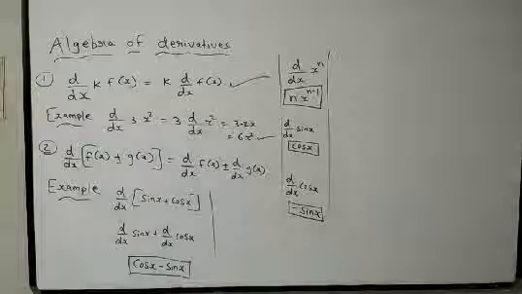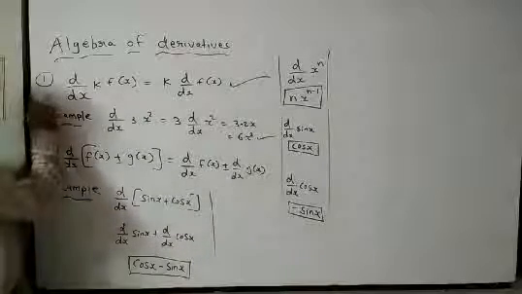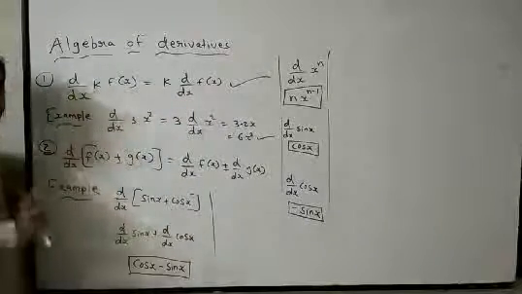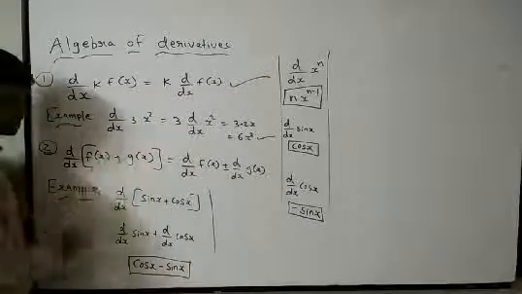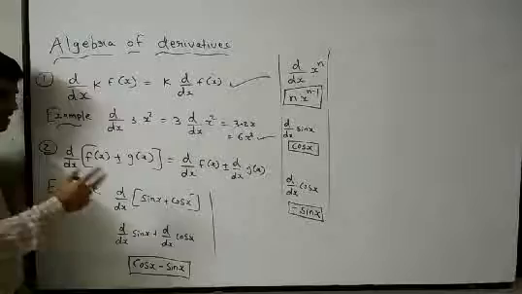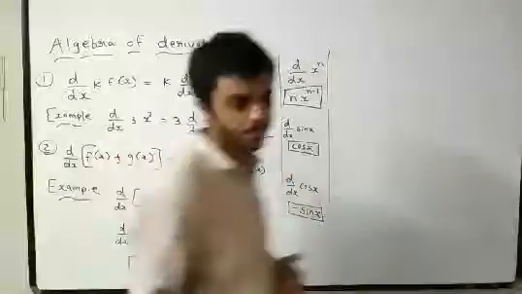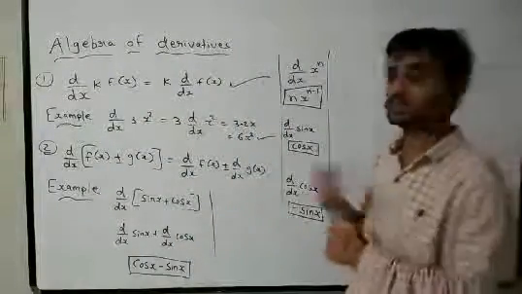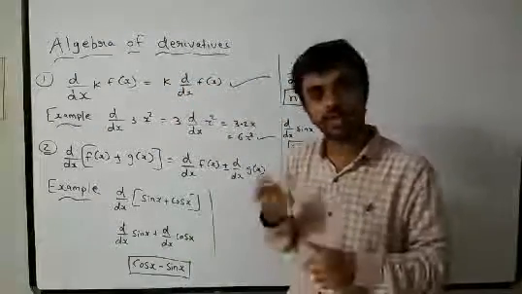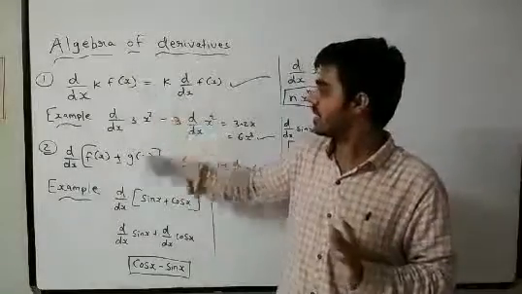Clear? I hope so. Everyone can see the board clearly, right? So this is your thing. First one, that is constant we are taking out and we are doing derivative of that particular function. Second thing, if it is in addition or even if it is in subtraction, then here minus, according to that we have to solve, but this rule will be applied, right? So these both are very important when we are solving the sums from the exercise, right? So this algebra of derivatives what we are going to study today, it is very much important. Like constant we are taking out now, plus minus.